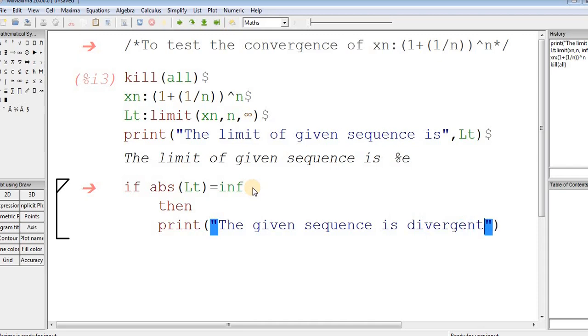If it is infinity, then the given sequence is divergent. Its nature is divergent.